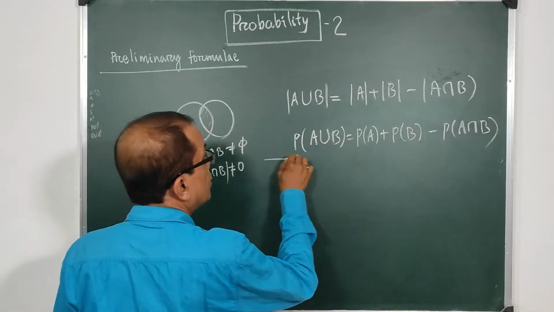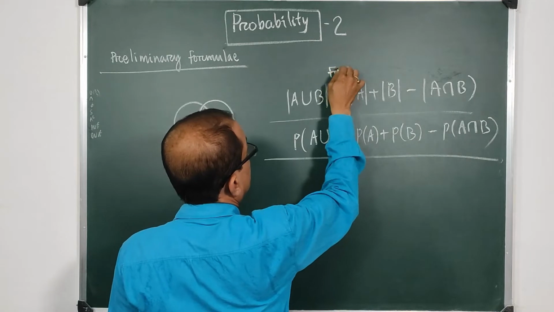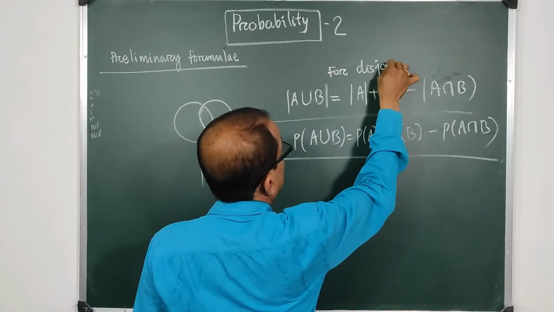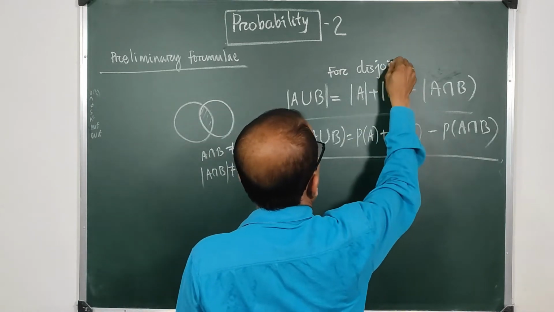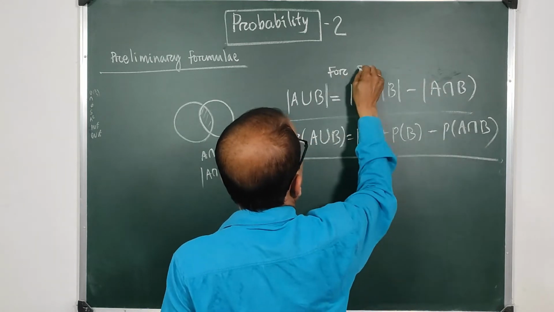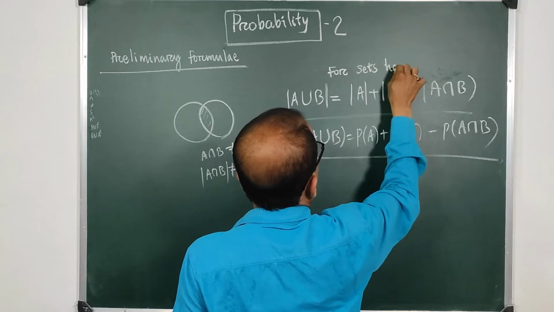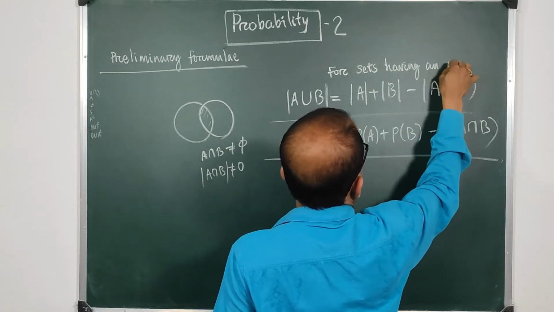and this formula is for sets having an intersection,